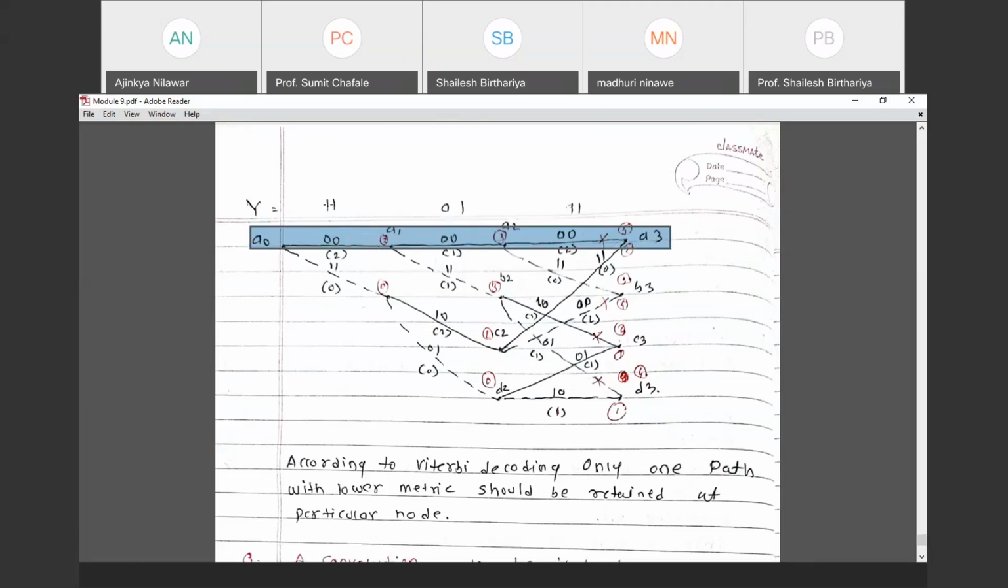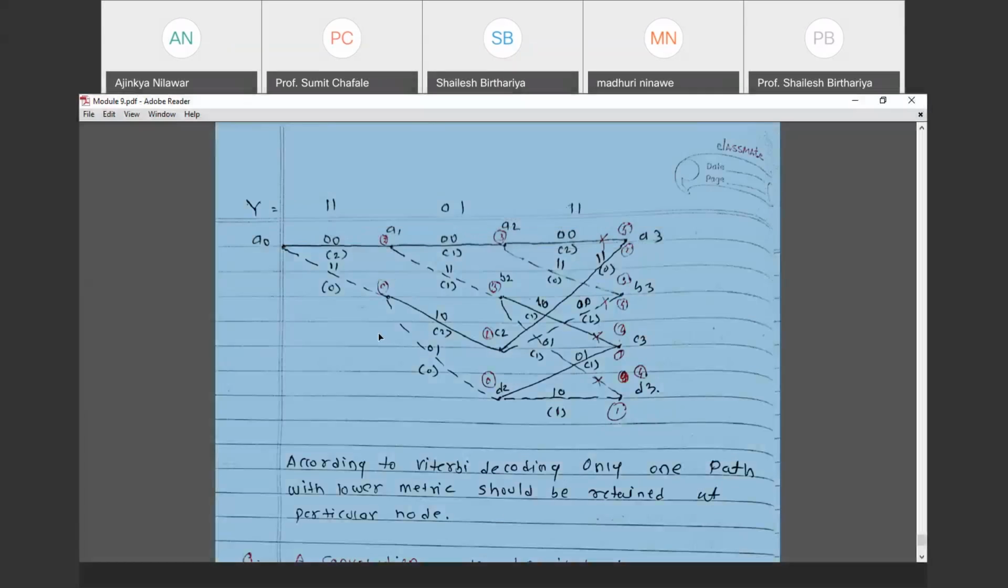In place of 1, 0 is there. In place of 1, 0. And in place of 1, 1, 0 is there. That means with the help of application of Viterbi decoding, we can remove the error which is used in the